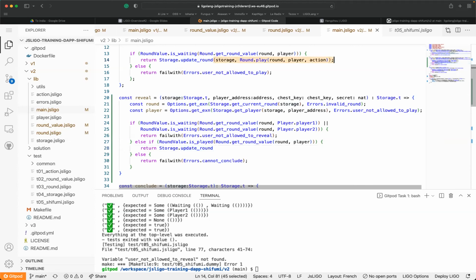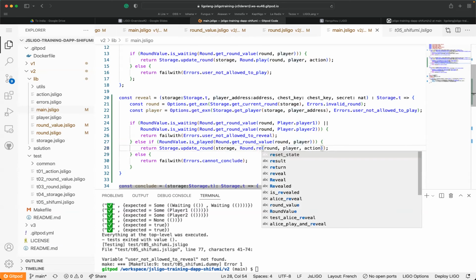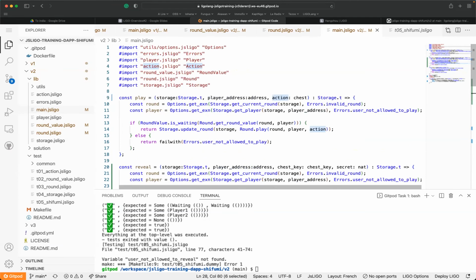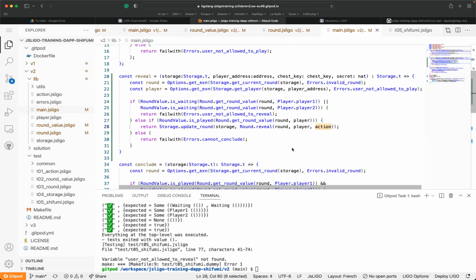Then just calling the same kind of feature, but instead of calling play, we're going to call reveal here, with the round and the player, but we are not going to send the chest action directly. We are going to send something which does the chest decoder.